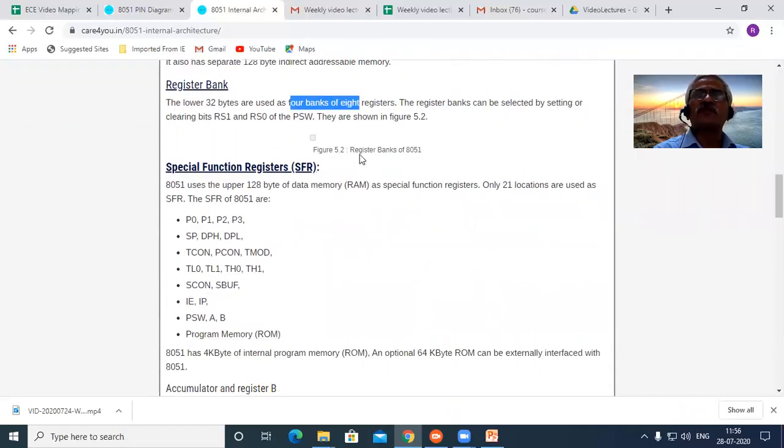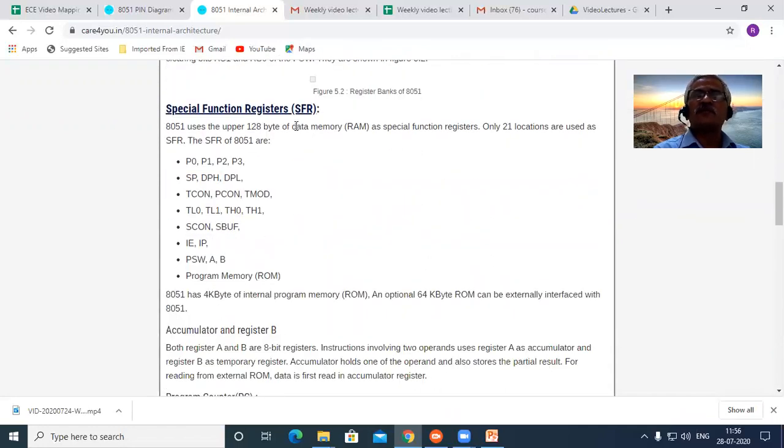There are 4 banks of the registers. There are some special function registers in the upper 128 bytes of the memory, and these registers are the 4 port registers P0, P1, P2, P3. Then you have the stack pointer, then the data pointer as DPL and DPH.